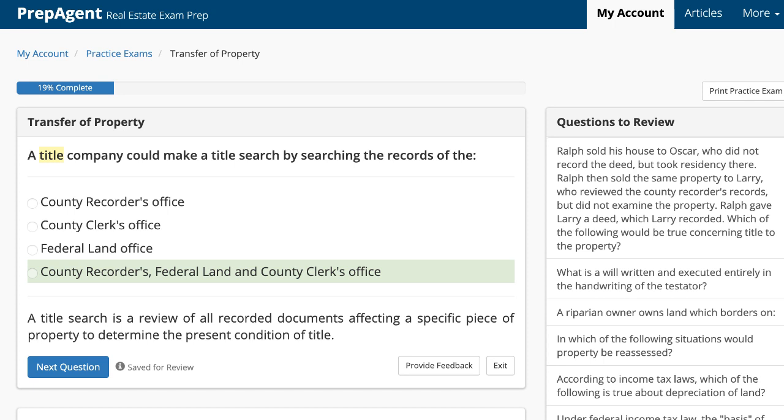So the definition of a quitclaim deed is no express or implied warranties. Everybody write that down. No express or implied warranties. So what does that mean? Remember, we don't always want to get caught up with examples of everything without actually knowing the definition. The examples of things are there to help you understand something, but if all you're remembering is the examples, it really doesn't help that much.